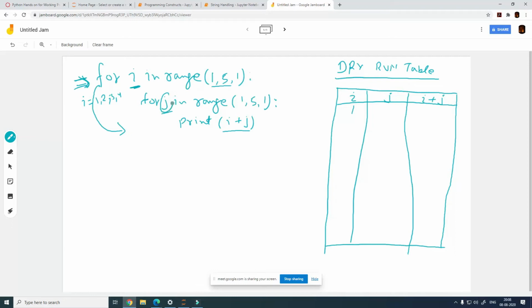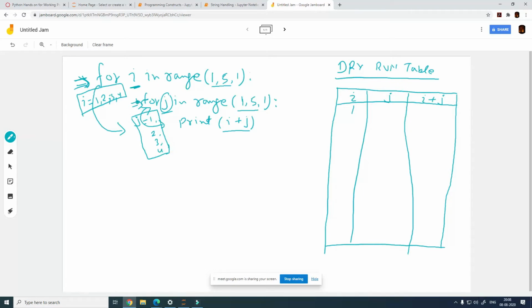Now what is going to happen here? There is a variable j here, right? And since this is also a for statement, this is also going to run multiple times. How many times will it run? It will run for all the values in the range 1 to 5. So this is also going to run all the statements within the loop, which are these 2 lines, for all the values 1, 2, 3 and 4. So the outer loop is going to run for all the values of i equal to 1, 2, 3, 4, and the inner loop is also going to run 4 times for all the values of j, which starts from 1 to 4, right?